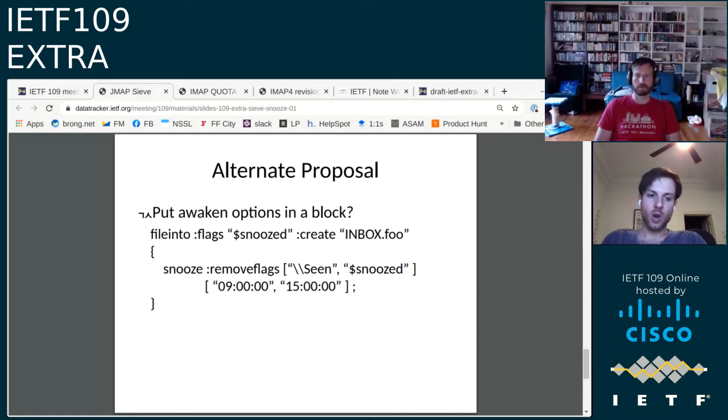But then at awaken time, we set a particular $new flag so that we can mark out those messages, especially when they move back to your inbox. And then when you actually open the message, we clear that flag.